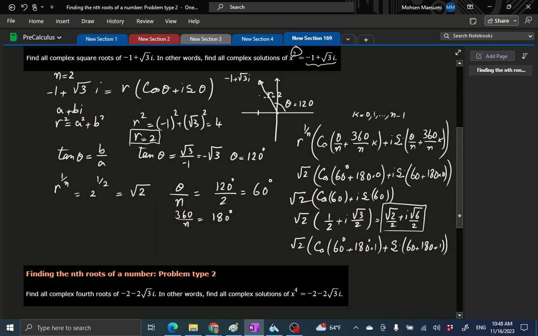Let me simplify here. So essentially we are moving by 180 degrees. Wherever this thing is, we move diametrically opposite to that. And so that's going to be radical 2 times